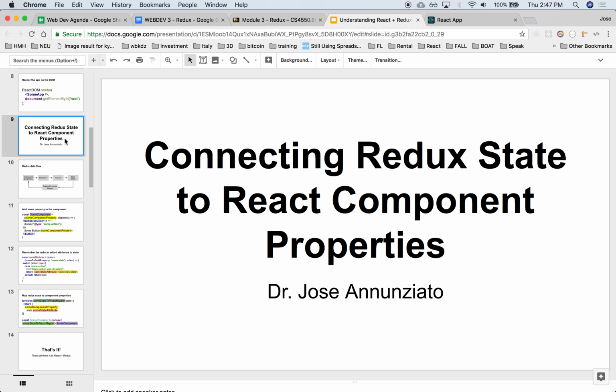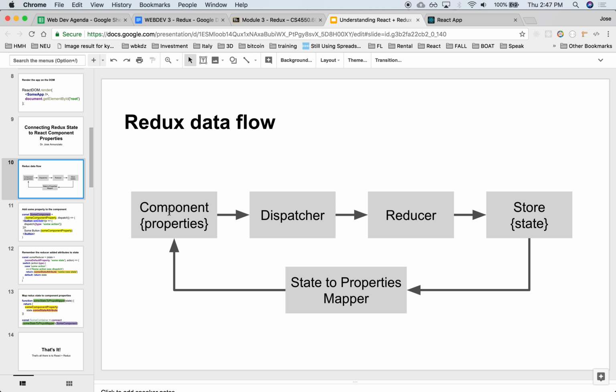All right, so we focus mostly on the top part of this diagram, on plumbing together and connecting together the flow of events from the component, dispatch to a centralized dispatcher that made the actions flow down to the reducer. Right now, the reducer is not doing anything; it's just doing an alert, just to make sure that the plumbing was correct. But let's focus now on the reducer actually generating new states, right? Putting it in the store, and that store, extracting some of that state from the store,